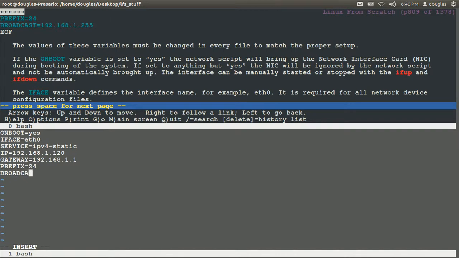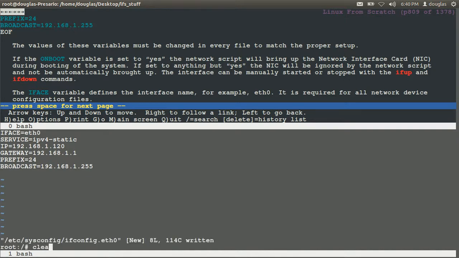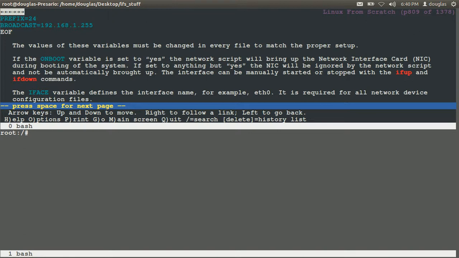Broadcast equals 192.168.1.255. Okay, and that's good. So I say write, quit. Good. Control Tab. Next,